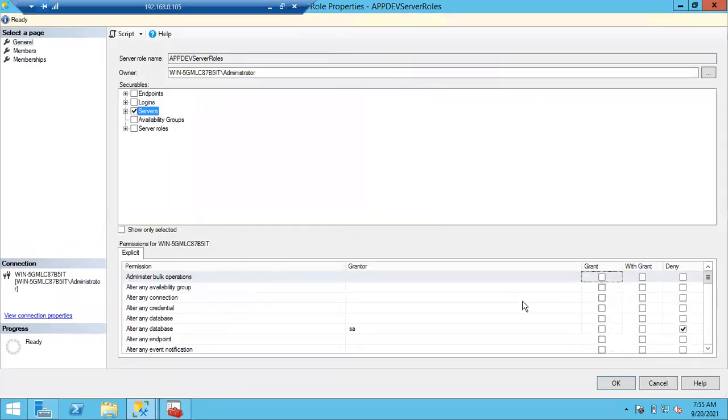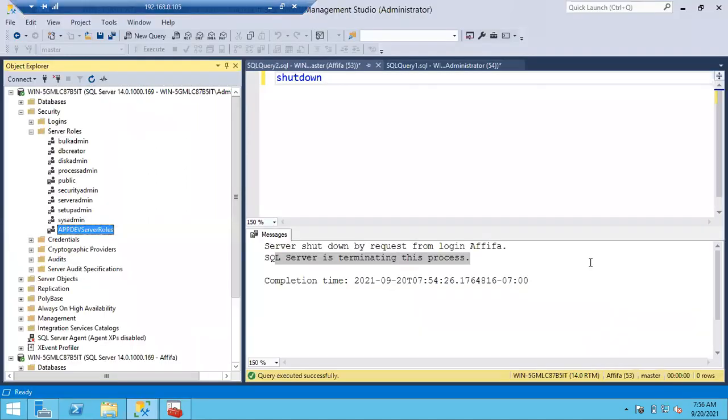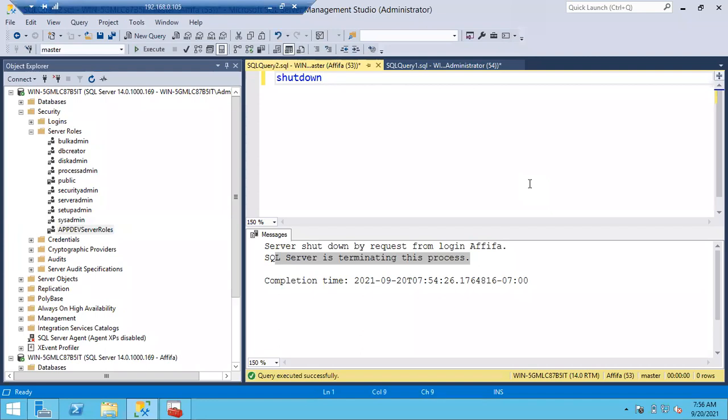And if you want to add any other permission, you can add it. At any time, you can change the permissions of the server role. That is called customization, right? At any time you can add or remove permissions, and the same will be applied on the role. That is all about the server roles, guys. Any issues, any doubts, let me know, please. Then we'll jump into the database roles.